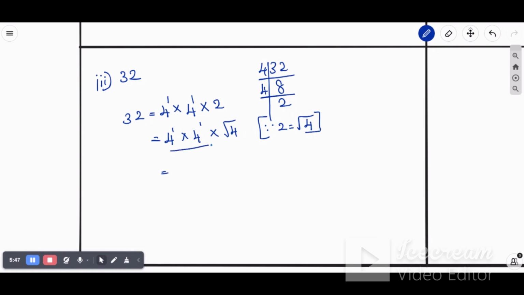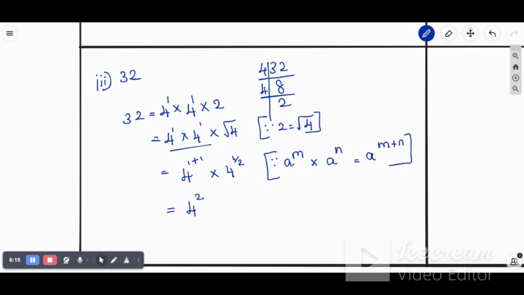And the next step will be to club this using your formula. 4 power 1 plus 1, right? And multiplied by 4 power 1 by 2. So here also write your formula: a power m into a power n is equal to a power m plus n. So this is the formula you applied here. Next, what we can do is this is equal to 4 power 2 into 4 power 1 by 2. Again, we are going to use the same formula. So that will be 4 power